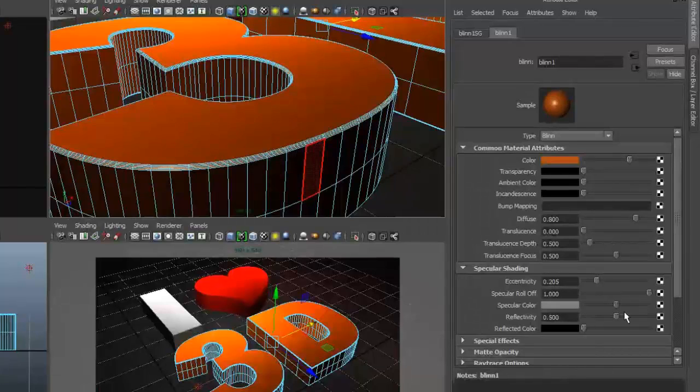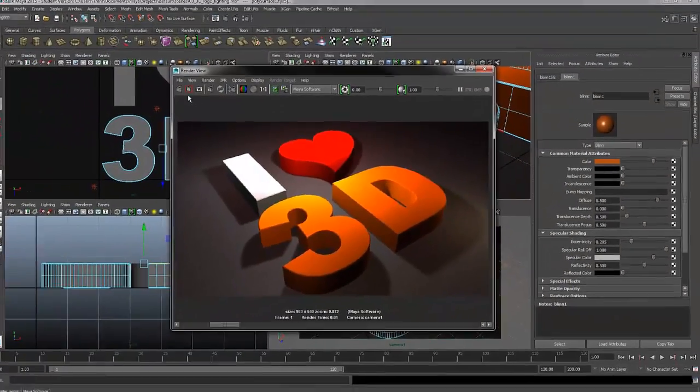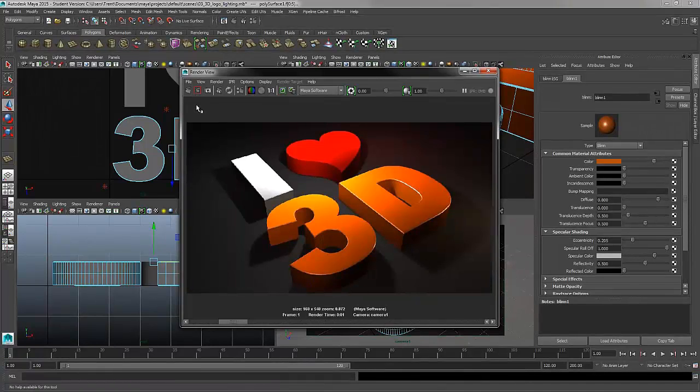So in turn, what we're doing is we're creating a very chrome-looking material. So the highlights are going to be very bright along this border bevel edge. Just to see how that's affected the scene so far, let's come up and take a test render of our scene. So if we look side by side,